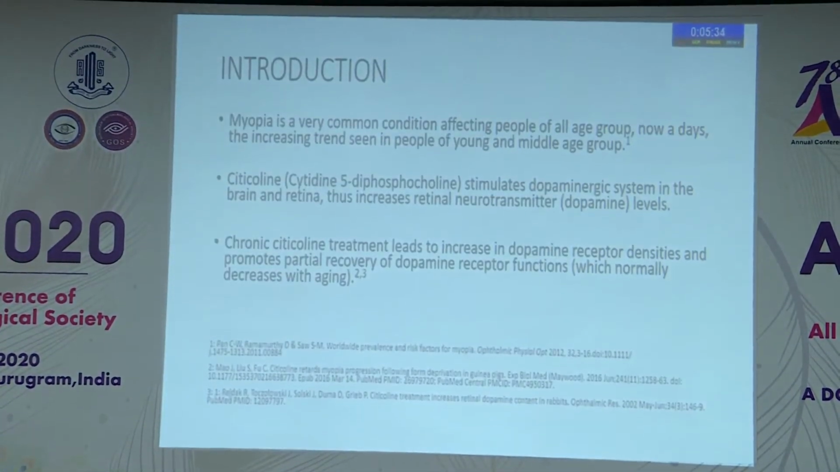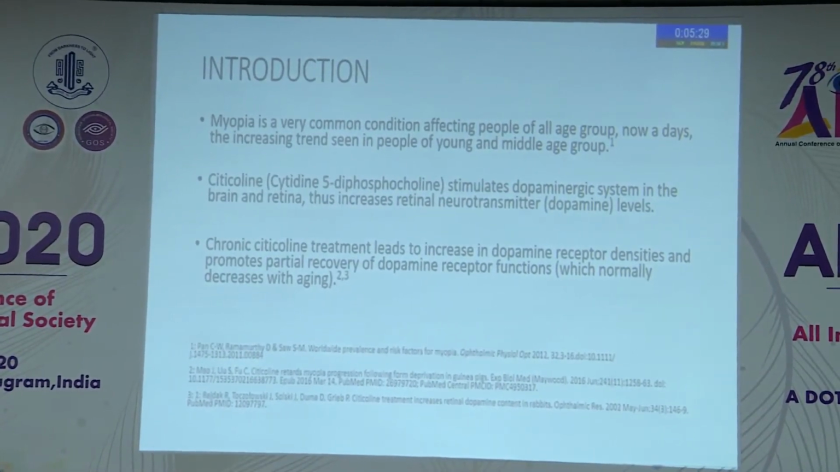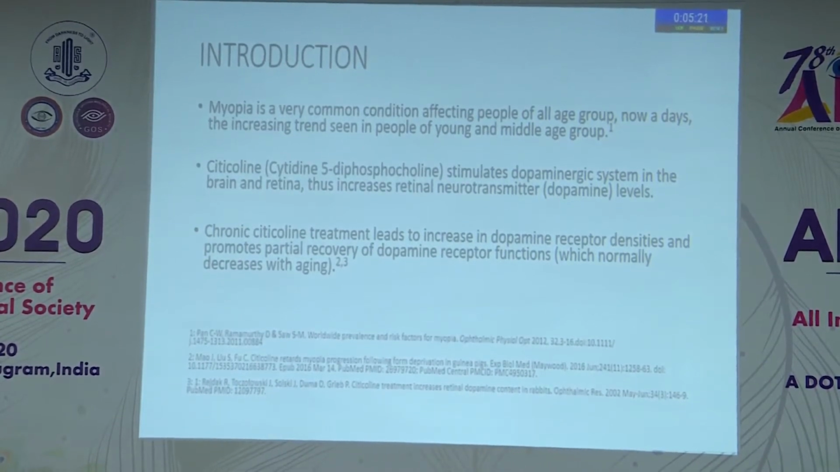Myopia is a very common condition affecting people of all age groups. Nowadays, an increasing trend is seen in people of young and middle age groups. Citicoline, that is cytidine 5-diphosphocholine, stimulates the dopaminergic system in the brain and retina. Thus, it increases retinal neurotransmitter levels. Chronic citicoline treatment leads to an increase in dopamine receptor densities and promotes partial recovery of the dopamine receptor function that